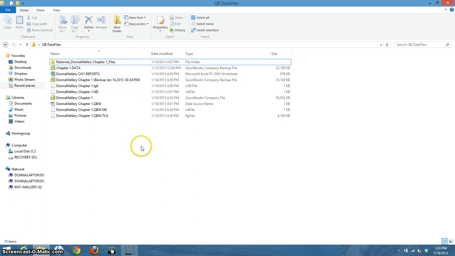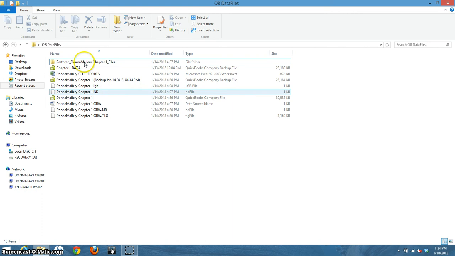If I had not said that, I could have just as easily overwritten the same backup file over and over again, and it would have just been this chapter 1 data file. And that's okay, because usually you don't want the older version. Now, I'm talking about just chapter 1, you will want to have a backup file for every chapter. When we get ready to start chapter 2, for example,